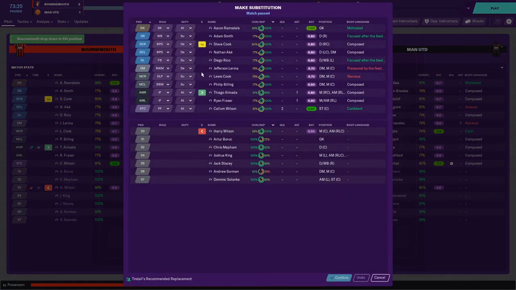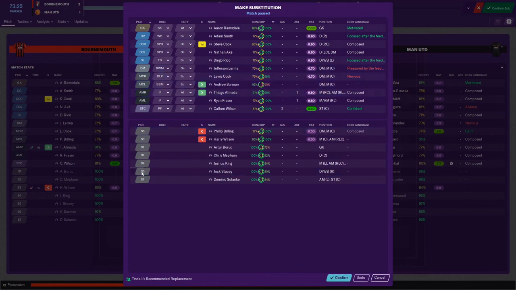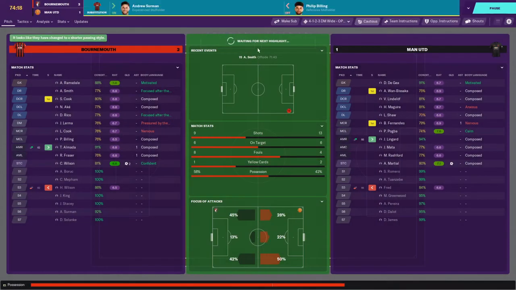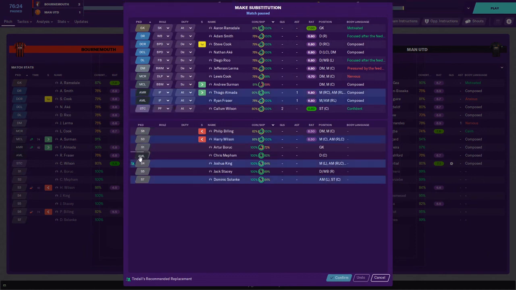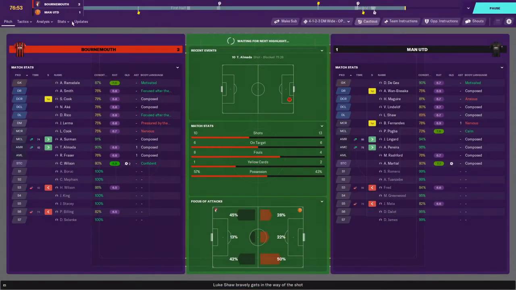It's going to be time for another sub. Who's not performing? Cook's on a yellow. Billings not having a great game. Sermon. Can we play that role? Yeah, let's leave him in that role. And maybe another sub. I mean, it's getting tense here. Fraser. He's not got the best rating, but on the highlights, he looked like he's had a good game. I'm going to bring Josh King on